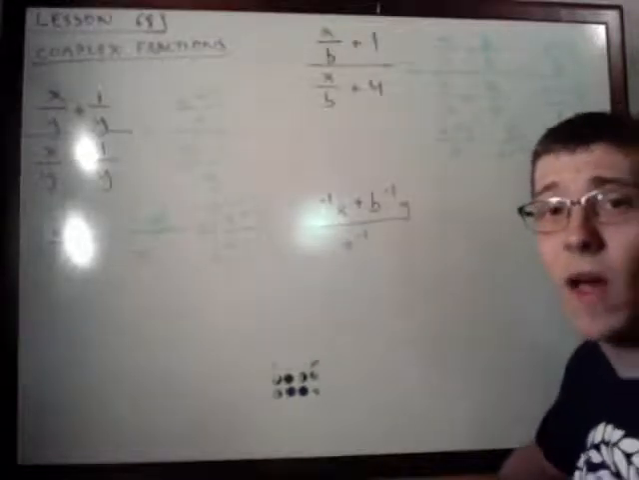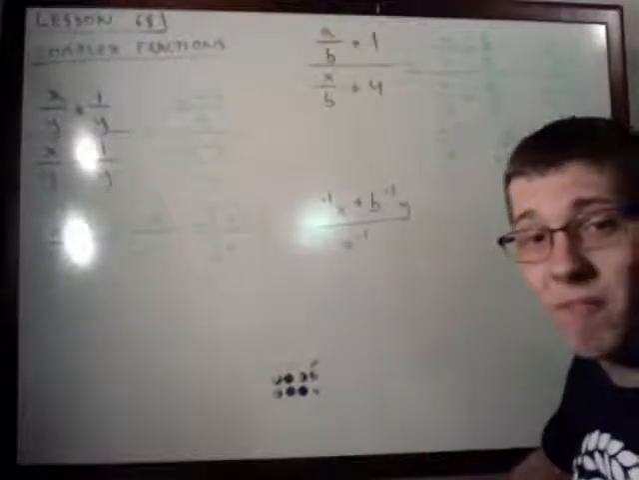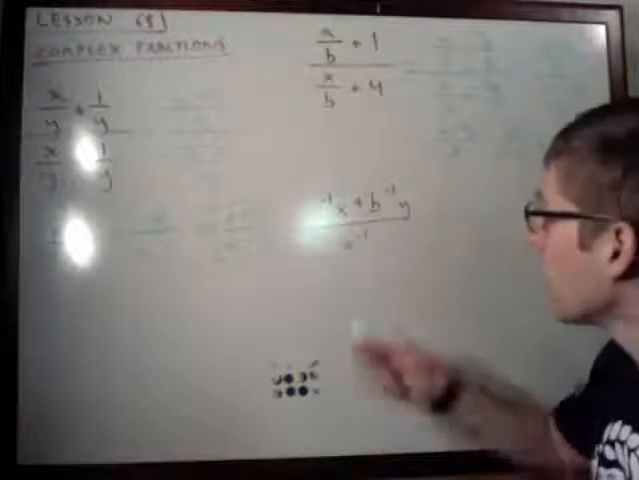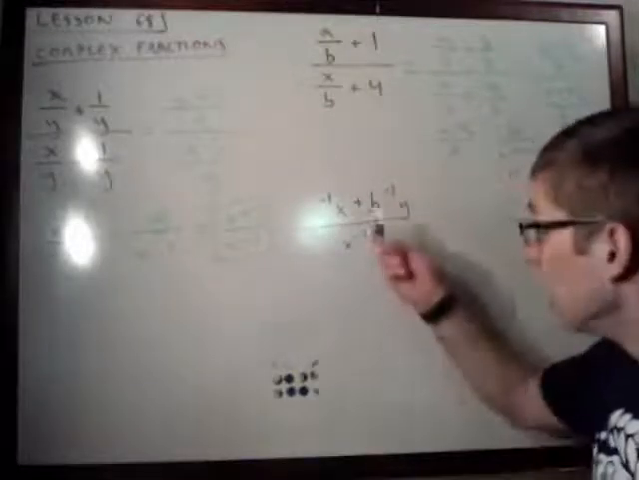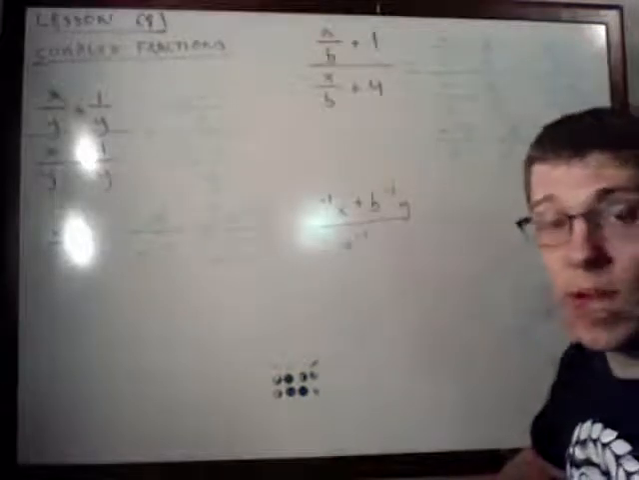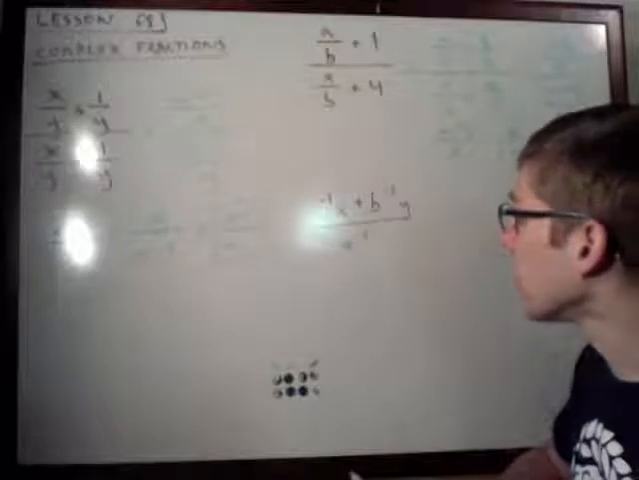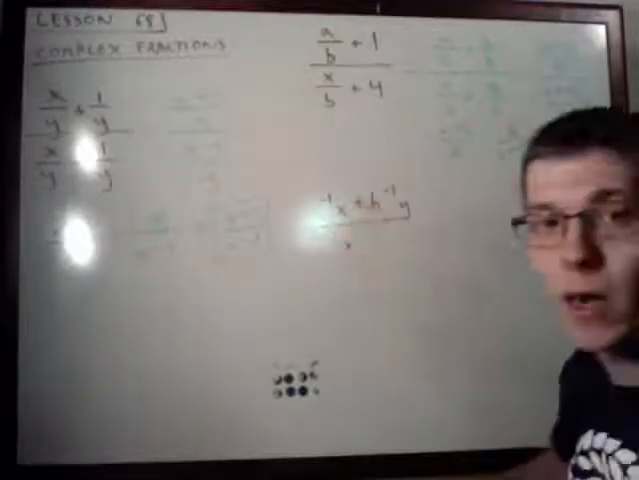Okay, last example. This is a particularly Saxon-y one, a little bit more complicated than necessary. a to the negative 1 x plus b to the negative 1 y over x to the negative 1. A couple of different ways that we could approach this, but to follow this method,